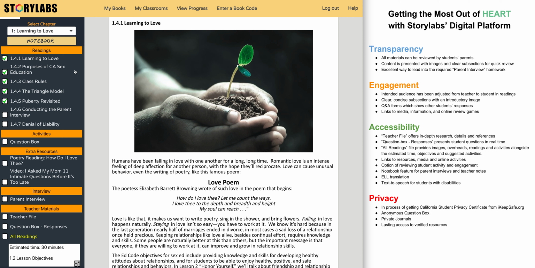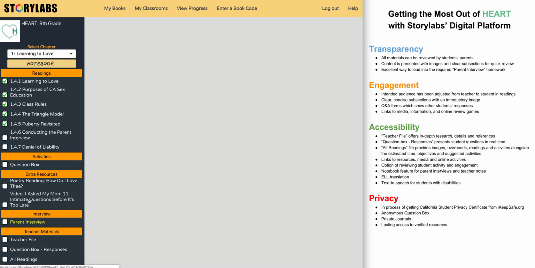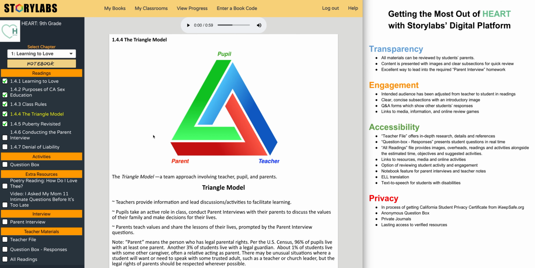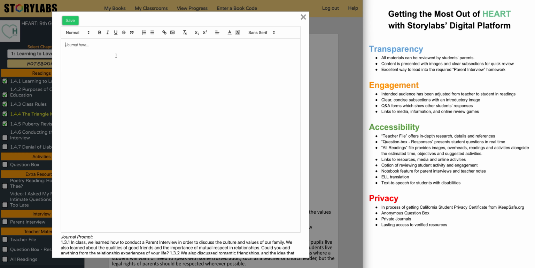Now, another piece of it is the parent interview. These can be printed for students to take home to ask their parents. But the biggest benefit of STORYLABS is that parents can see everything that is going on in the class. So instead of just answering these questions, they'll say, hey, this is the chapter. And the parent can say, oh, let's see, what did you learn about this? And then they can go to the notebook and they can type in what they talked about